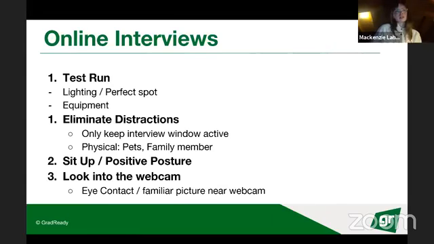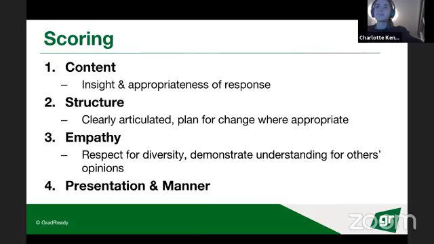Honestly, interviews are just about likability to a certain extent, and you just need to make sure that you're ticking those boxes, which is hard and sad. So scoring, they will score you across 4 areas. Content is an obvious one. If you talk a bunch of shit, you're going to get a bad mark. If you say a lot of insightful things, you'll get a good mark. Your structure is important as well, because even if you say a lot of good things, but it's word vomit, you won't get a good mark.